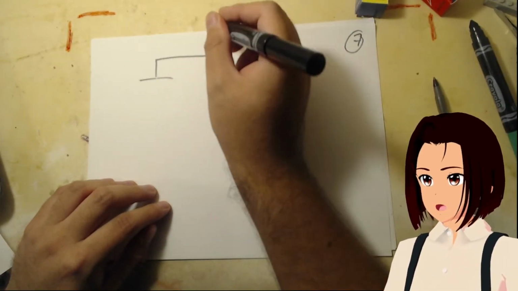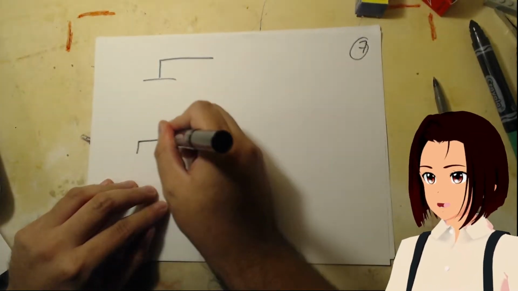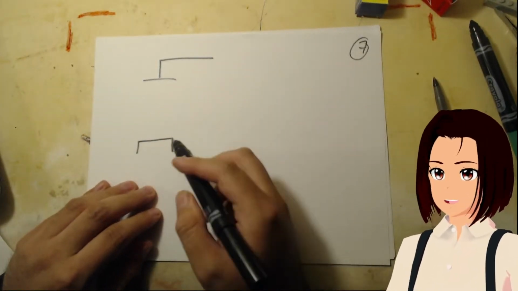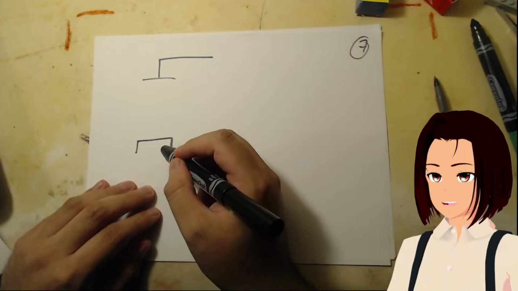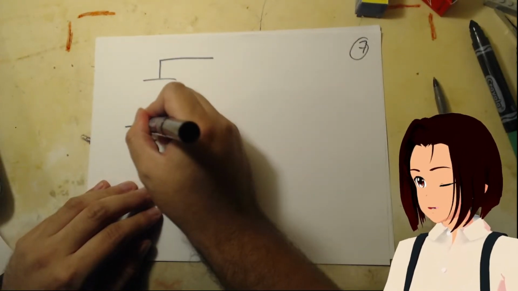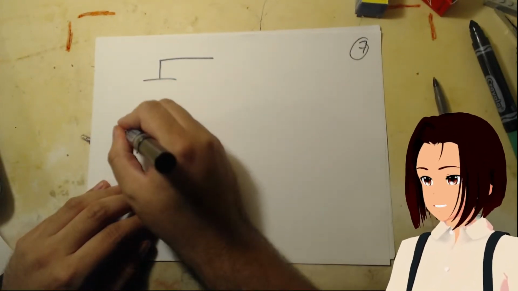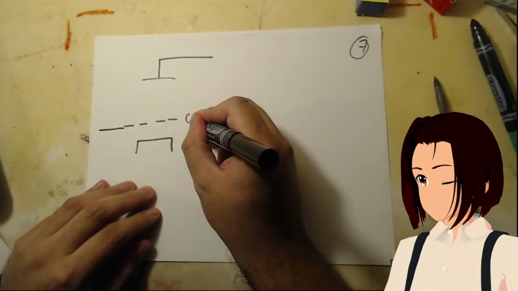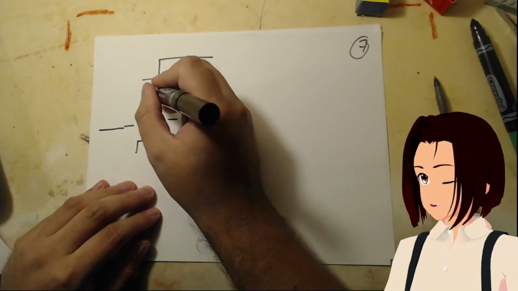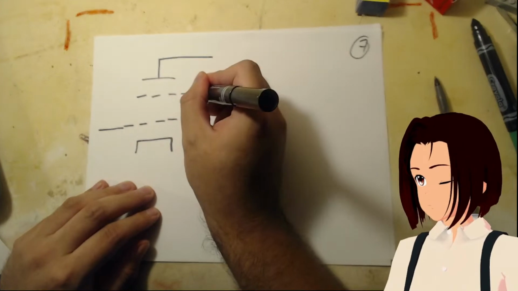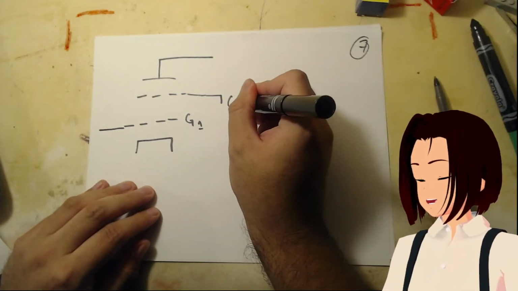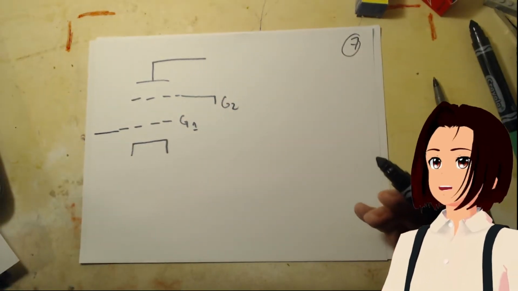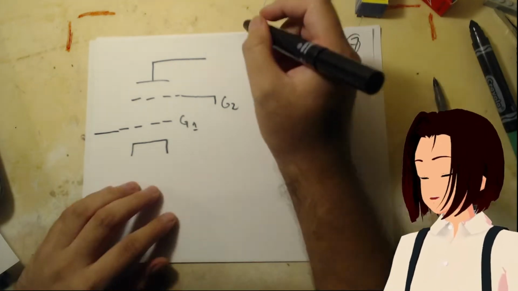So here's what we do. Here we have the anode and the cathode. We put the signal grid, we're going to call it G1. And then we put another grid, G2. Oh, and we have it. We did it. This is called